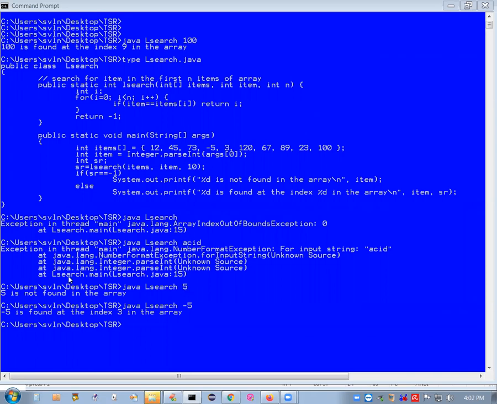Okay, so this is what is called linear search. In linear search, you are searching right from the beginning, comparing with every item. But this can be improved. The search can be improved provided the data is arranged in one specific order. If the data is arranged in any specific order, then search can be improved actually. We'll take that particular example also, how to search a little bit quicker.